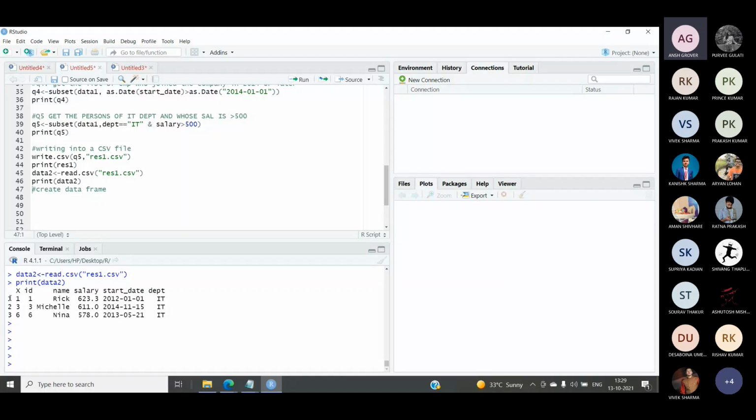Fine. But you can say 1, 2, 3 is also coming. So because this is a new data frame, we don't need these row numbers. We need only 1, 2, 3 as row numbers, because this is a subset and a small view of the data. So if we are talking about this view data2, it consists of only 3 rows. So I don't need 136 as the row number, because my row numbers for data2 are 1, 2, 3. So you can ignore this column. For that you have to use the function parameter named row names, which should be set to false, because these are the names of the rows.